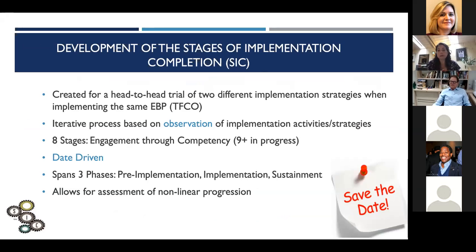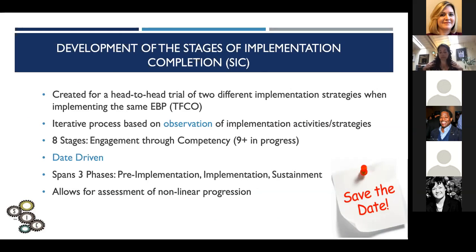here. So it was an award given to Patty Chamberlain, and it was one of the first implementation trials coming out of NIH. And there was this very great approach, really fancy design to maintain randomization. But what there wasn't was a measure to be able to assess the primary outcome, which was how do we know if different agencies are following these two different implementation approaches? So I had then the opportunity to be able to observe many counties across two different states and to really understand what it was that they were doing as they were going through that implementation process.